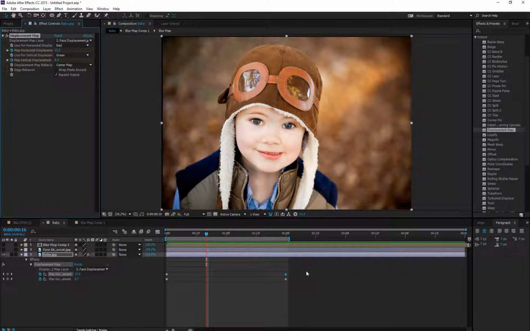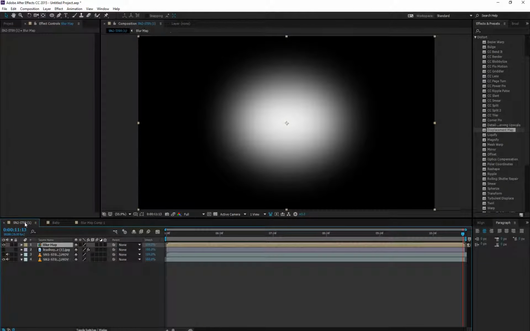So this is basically displacement map, and after that